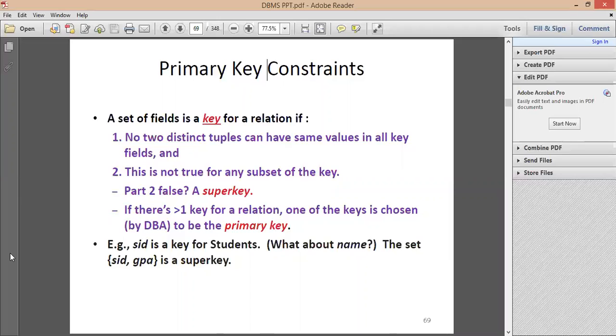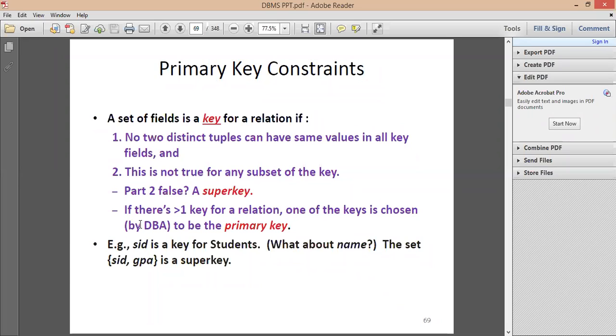So it's the same thing for a primary constraint. Whenever you give a primary key constraint to any column, no two tuples should have the same values, because a primary key is every time distinct. There is no repeated value in it.